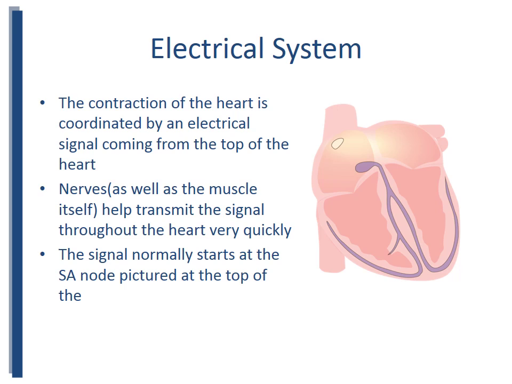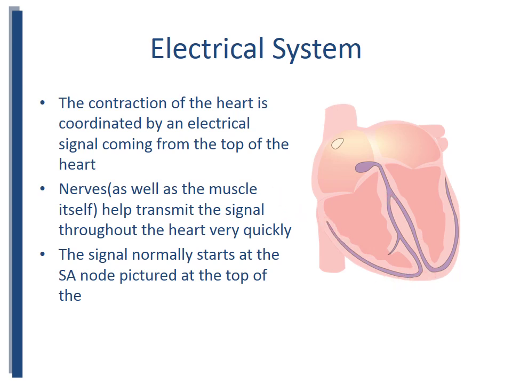The heart also has its own electrical system to coordinate the contraction and timing of all of the muscles. The signal starts at the sinoatrial node, or SA node, up here at the top of the heart, typically, then moves through the atria and the muscle there, coming down to the AV node, which then moves the signal through a system of nerves, which conducts it very quickly through the heart and tells the muscles in the ventricles to